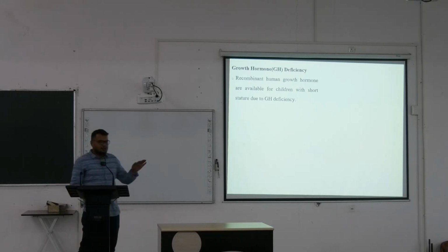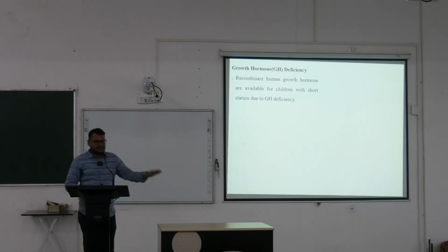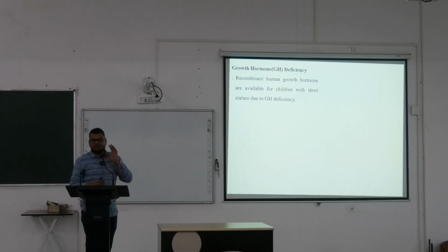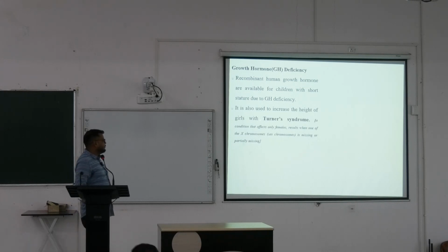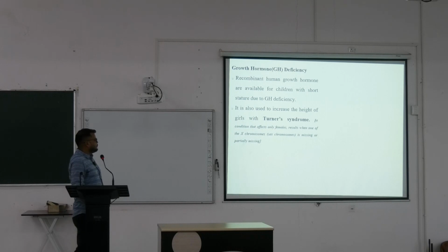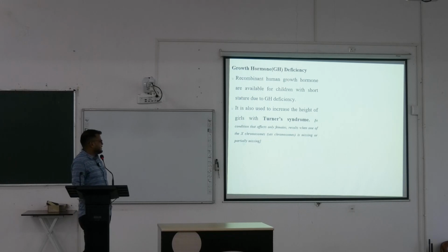তাহলে কাদের দেব? বাচ্চা যাদের হাইট বাড়ছে না, শর্ট স্ট্যাচার। কেন বাড়ছে না? ডিউ টু গ্রোথ হরমোন ডেফিসিয়েন্সি, তাদেরকে আমরা গ্রোথ হরমোন দেব। আর কাদের দেব? It is also genetic deformity, Turner syndrome. It is also used to increase the height of girls with Turner syndrome. That is a condition that affects only females, results when one of X chromosomes is missing or